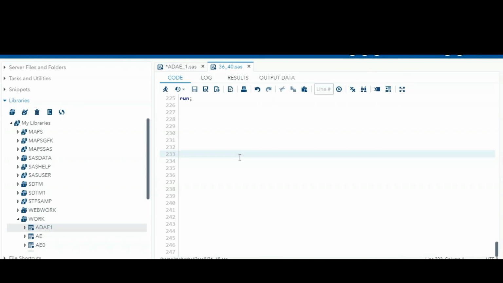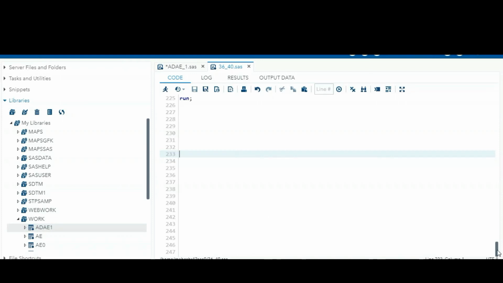That is so easy if you understand this one. So as it is, you can use this code for MH, CM, or any other BDS or any other dataset if they mention the imputation rules. They clearly mention if the day is missing, where we have to pick the day part, month part or year part; all the rules and regulations are mentioned in the SAP. So you can follow that.